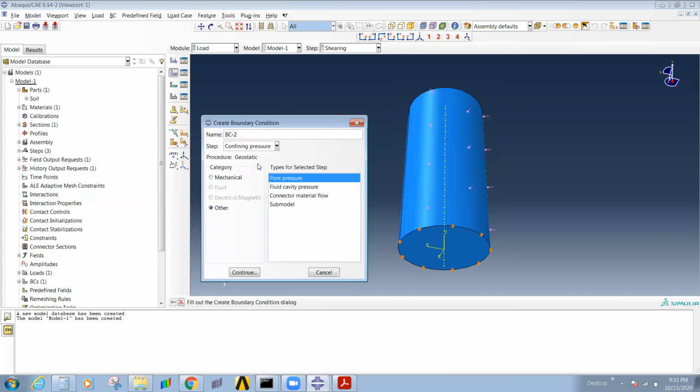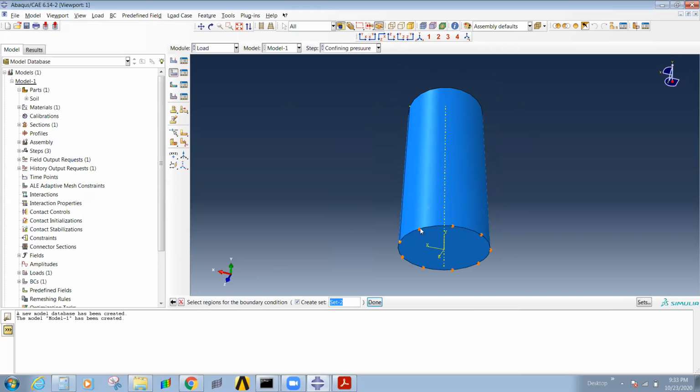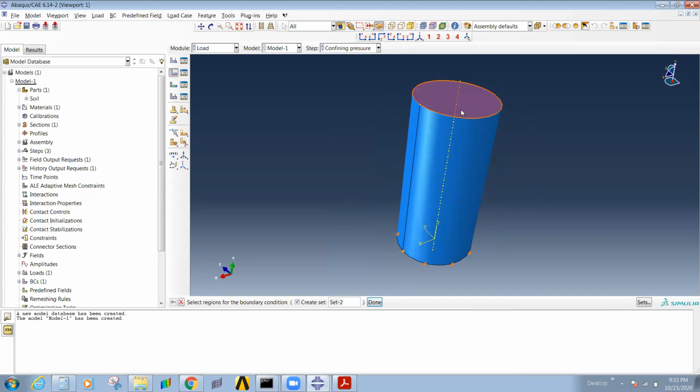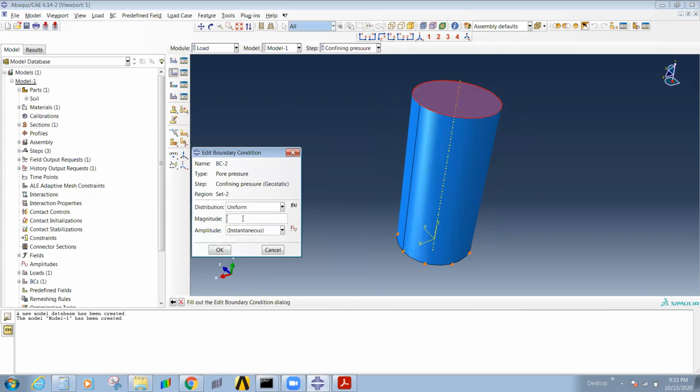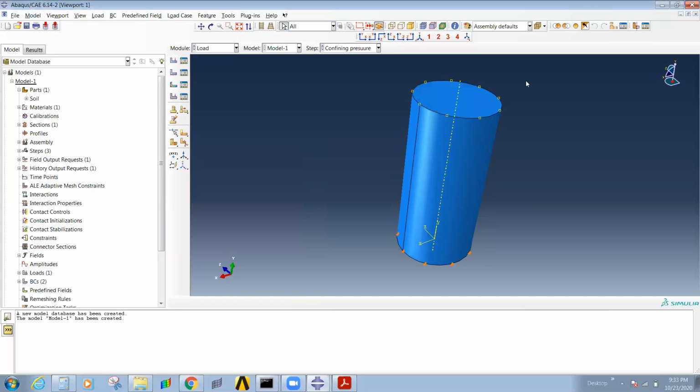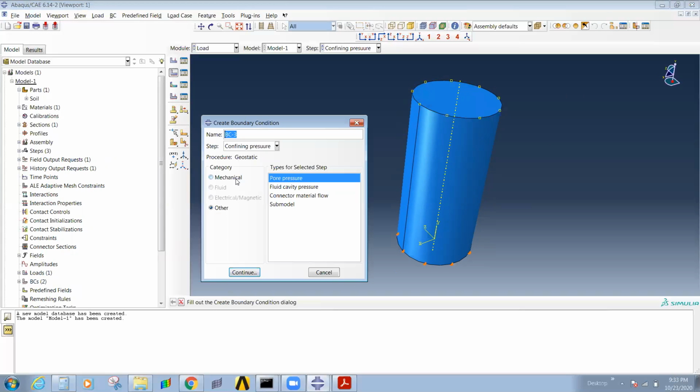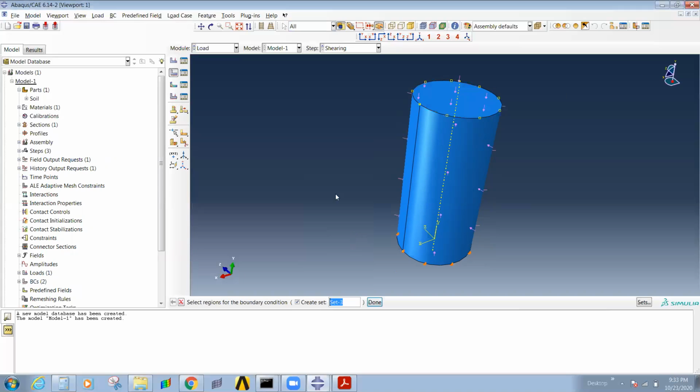So for confining pressure, pore pressure considering at the top surface as zero. Zero, sir. Yeah, zero value because you are considering the top layer as a drainage layer. Yes. Okay, so this is done. And the second one is for shearing displacement, as the top surface will have a displacement of